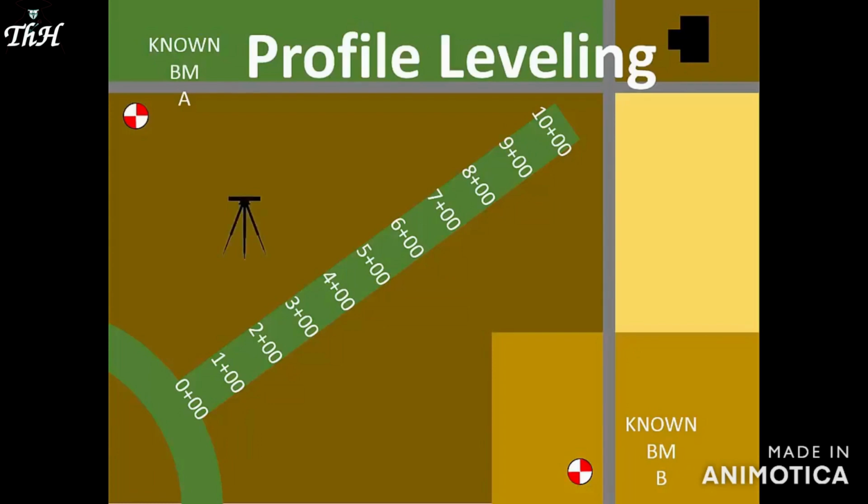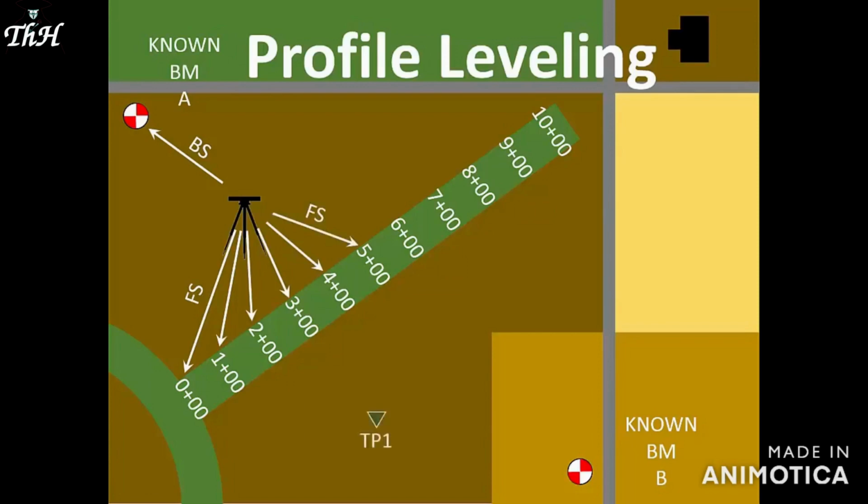Our first rod reading is a backsight on the benchmark, and our first foresight will be at station 0+00. Instead of moving the instrument like in benchmark leveling, we can continue reading the rod at the next station marks. When distance or obstacles prevent us from taking more readings, then we'll establish a turning point and measure a